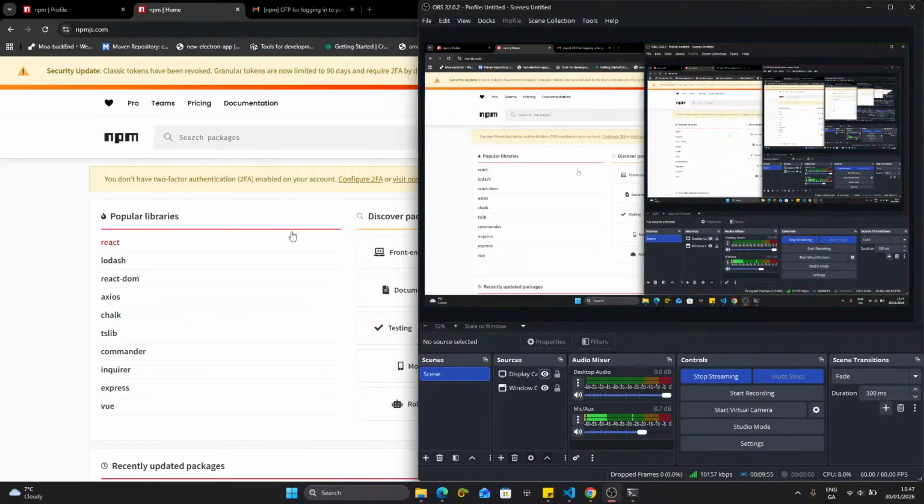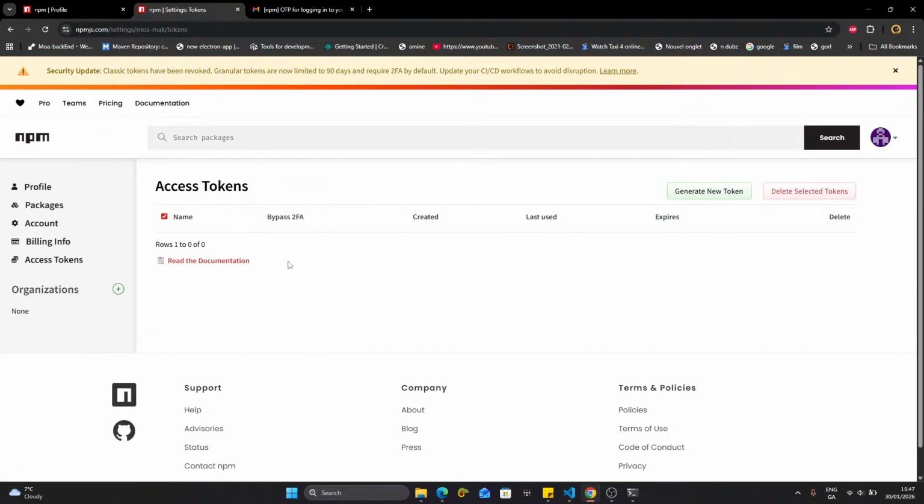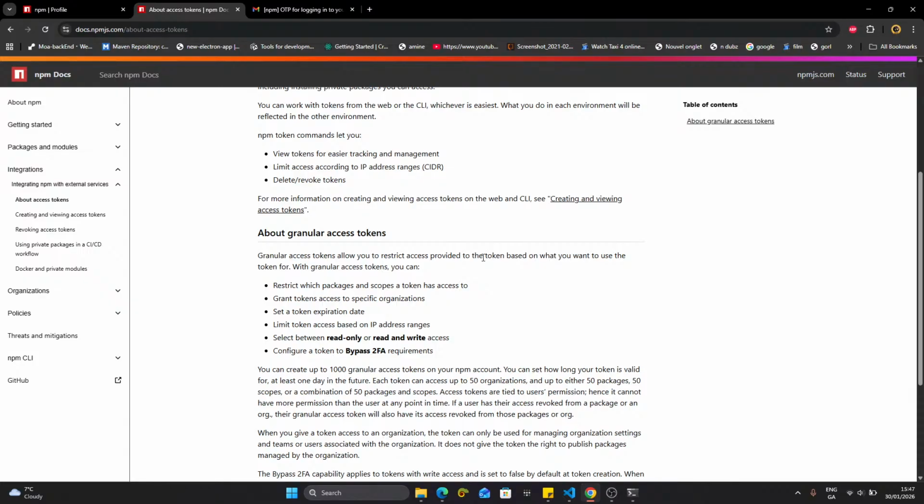Okay, it's actually within the npm. Let's investigate what was the problem. So we actually need an access token, read documentation, and then